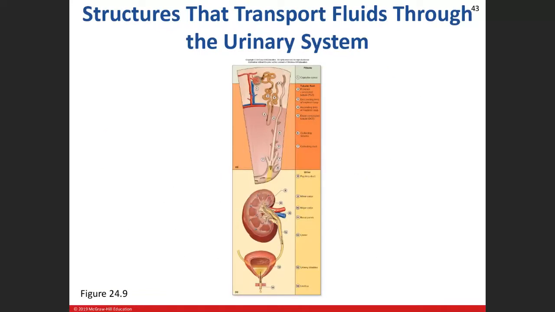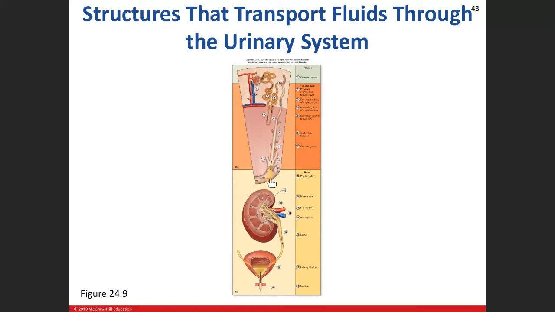So this picture, I like this picture because it shows, I'll zoom in a little bit, what we call that fluid. In the capsular space, it's filtrate, called tubular fluid all through the tubular system here. We get into the collecting duct, still getting stuff flowing down, but as we're getting into the base of that collecting duct, as it's about to leave the renal medulla, or excuse me, the renal pyramid, into the renal papillae, now we start to call it